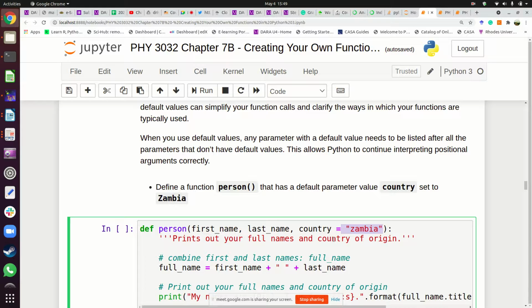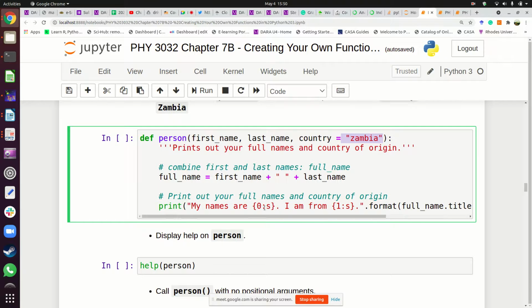Are we clear? Yes, sir. Okay, so if a person gives us their country, good. Otherwise, if they don't give us a country, we're going to use Zambia. So in this case, I want to use something different here. My names are full names, the title, then I am from